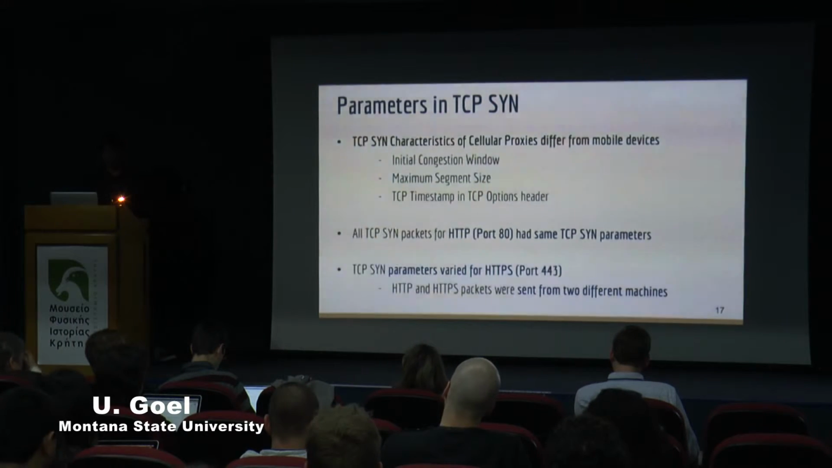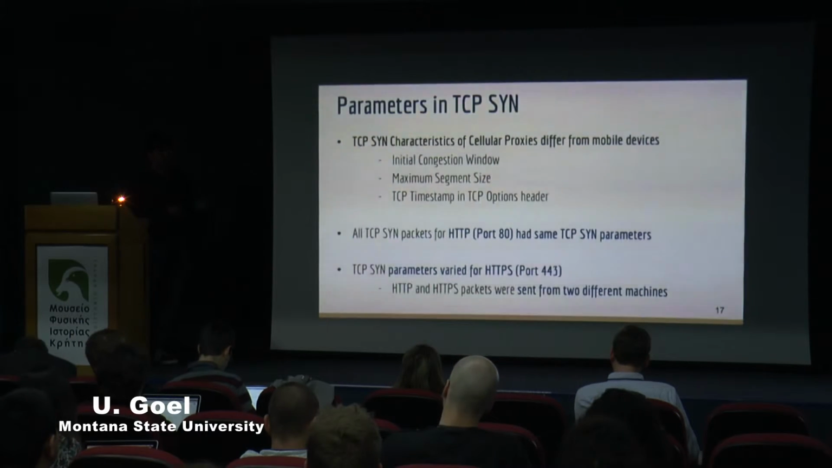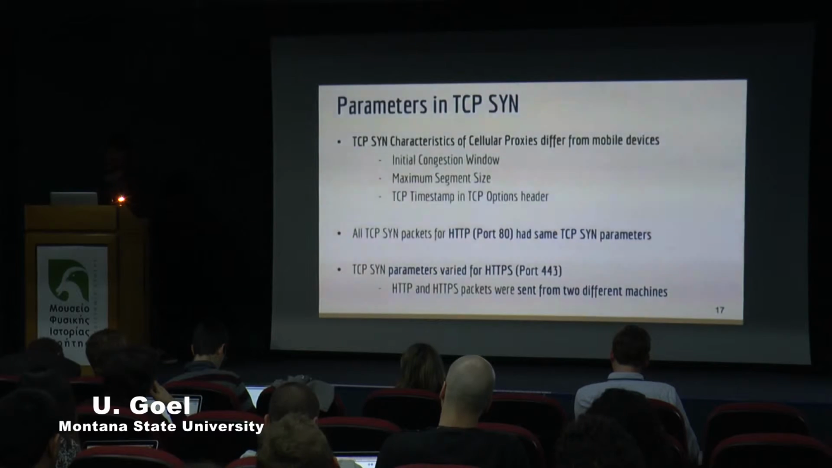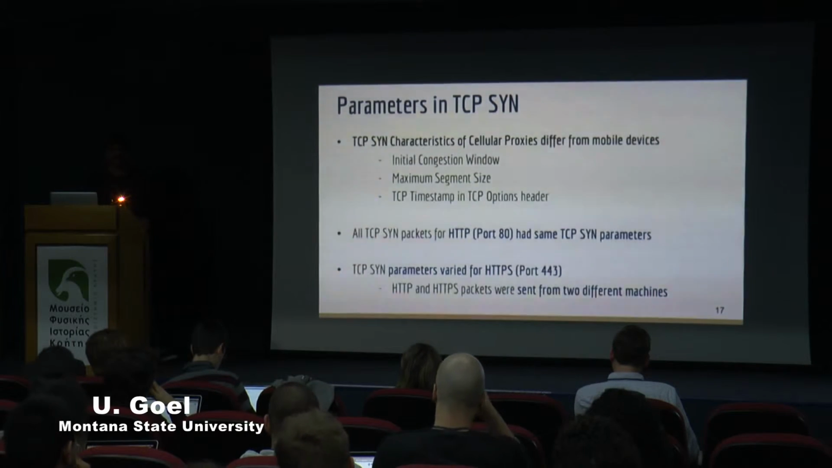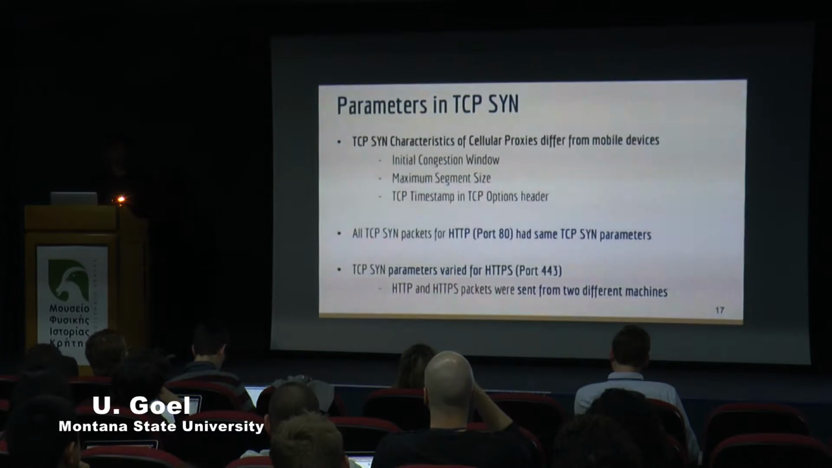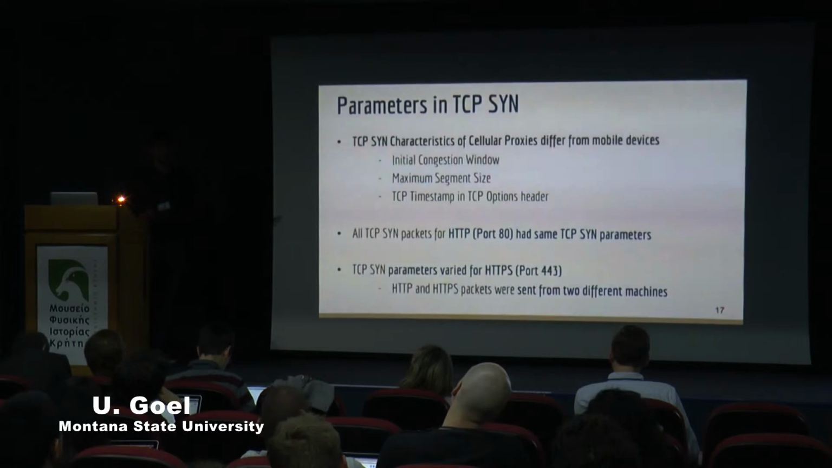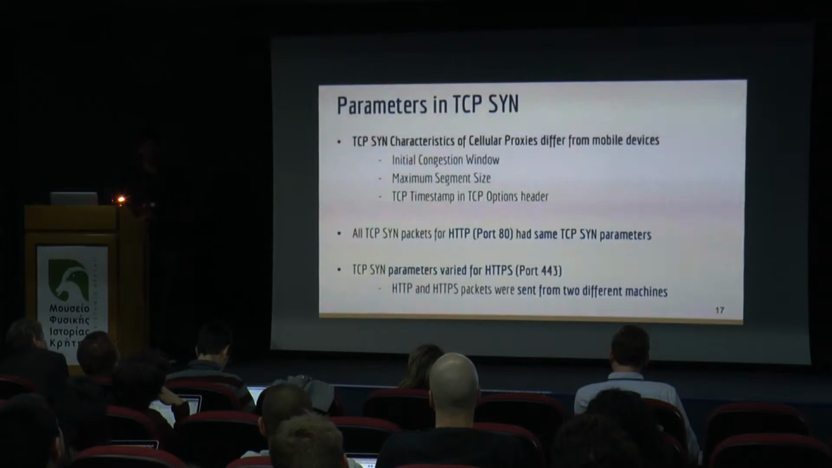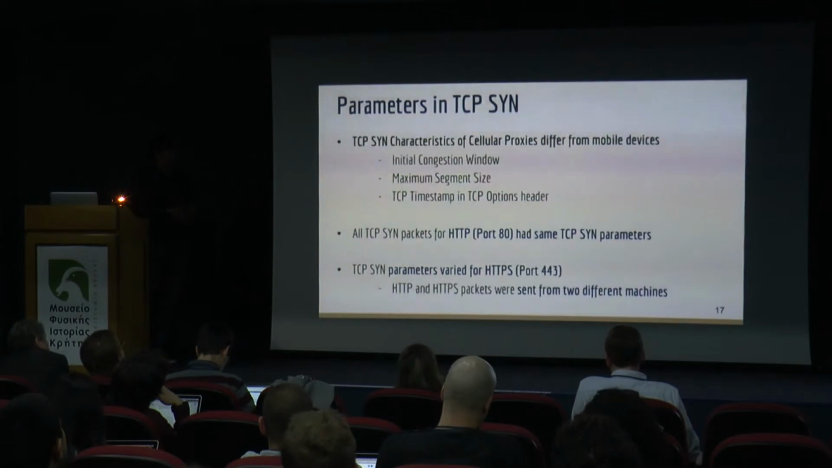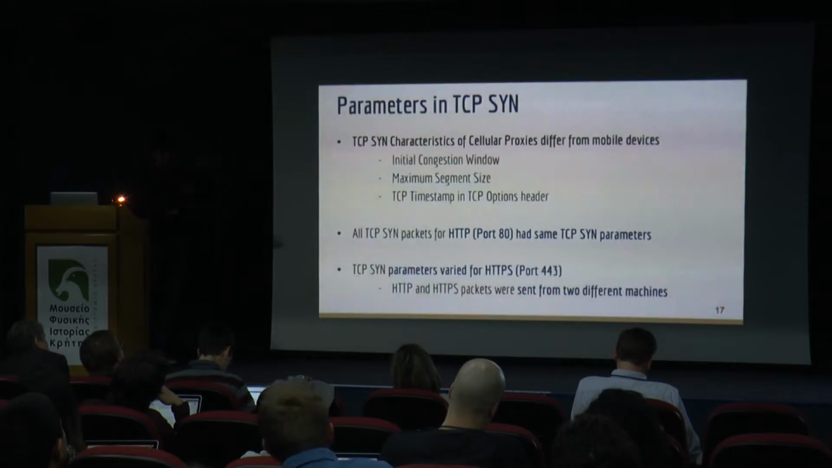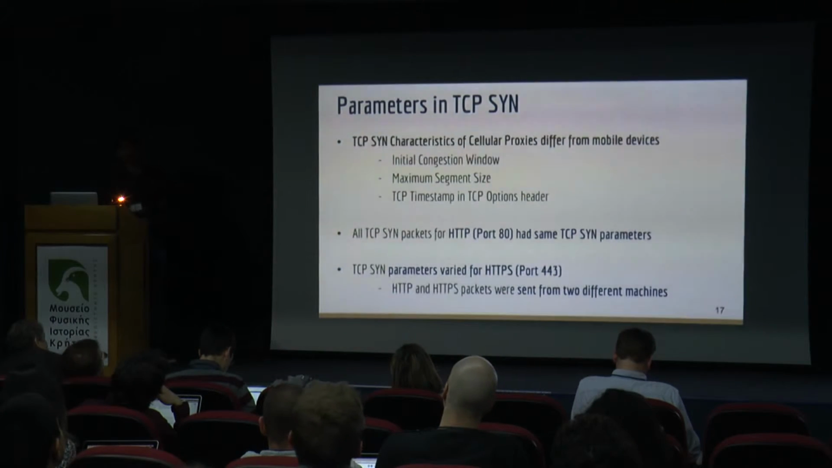What we found was that for all SYN packets for port 80 for HTTP traffic, they had the first two values exactly the same, but the third value was incremental. That indicates that all SYN packets were coming from one single machine, and because the TCP timestamp values were incremental by a value of less than 10 or so, it indicates that there is one single machine that's generating all those SYN packets, and